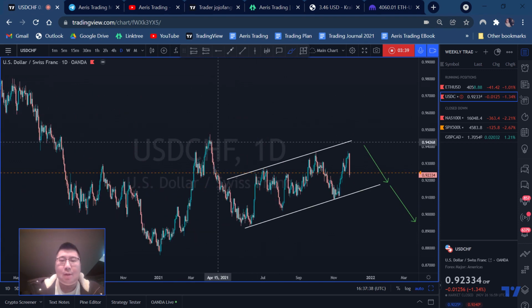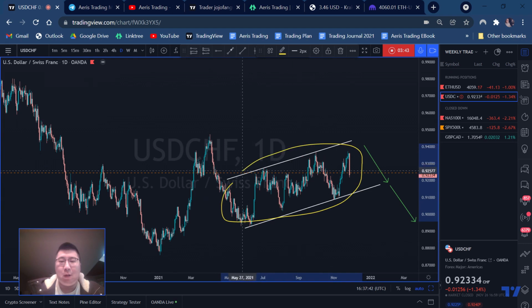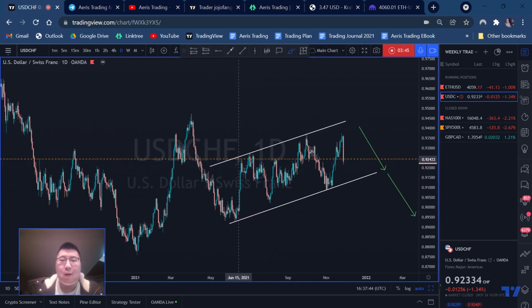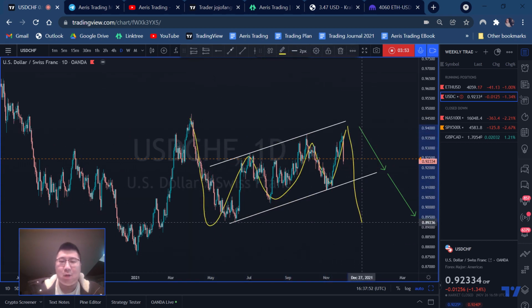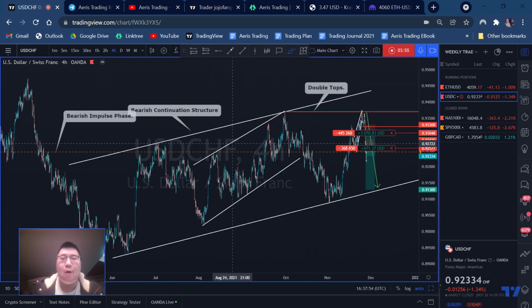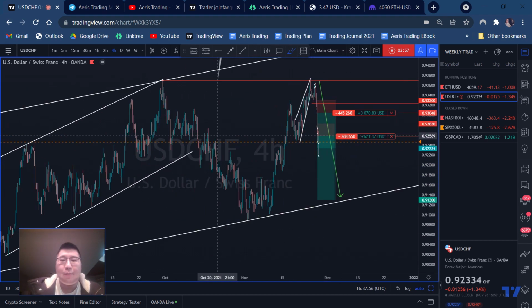Same idea, when we see a really strong downside impulsive phase, naturally we know that we're going to get a consolidation phase. And on the higher time frame here, again, a few swing highs and a few swing lows make up a kind of ascending structure, but it is a continuation for this kind of price action to potentially push down lower. When we look at the lower time frame here, what I like about the price here is